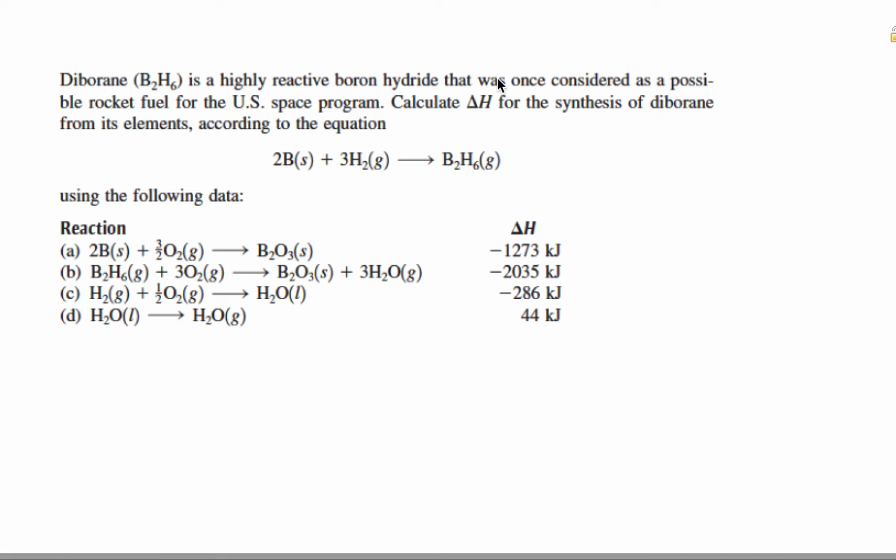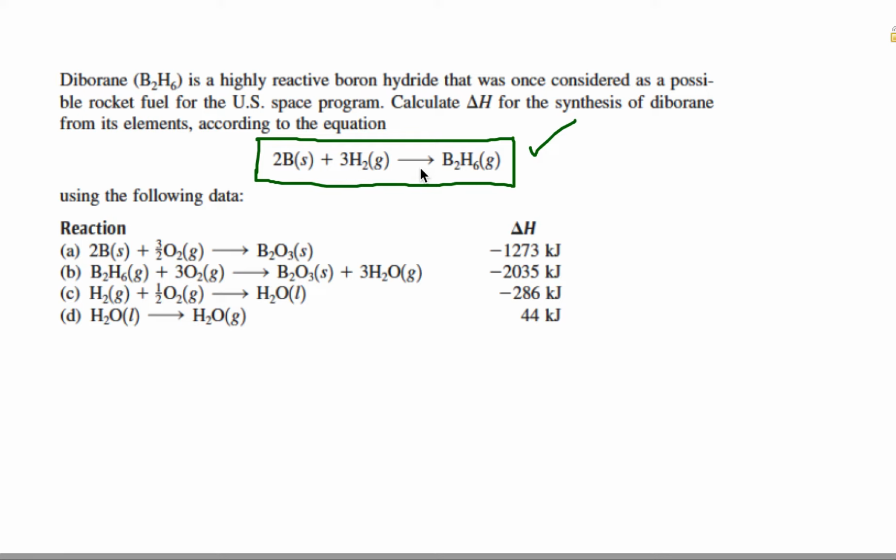Okay, the problem is diboron is a highly reactive boron hydride that was once considered as a possible rocket fuel for the US space program. Calculate delta H for the synthesis of diboron from its elements according to the equations. This is the formation equation of diboron. So this is the final equation we require. To get the enthalpy change for this reaction, we don't need to perform this reaction, and this reaction may not be possible because of kinetic issues. Whether this reaction is possible or not, we will be able to find out the enthalpy change for this process with the help of